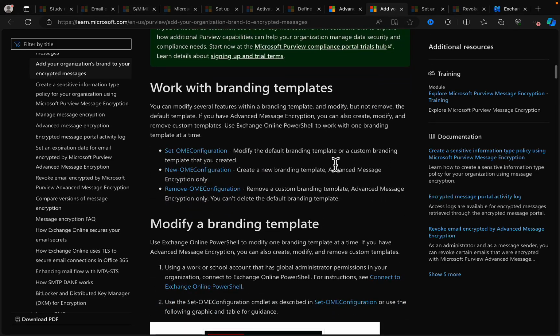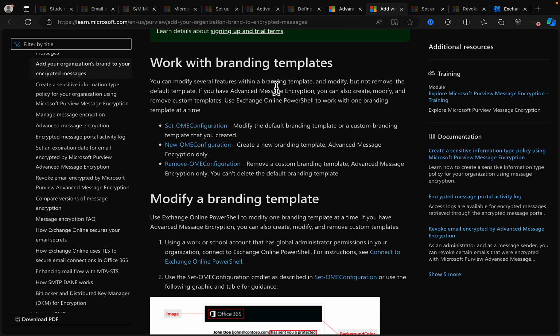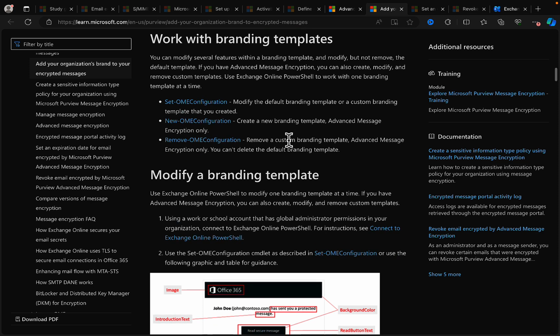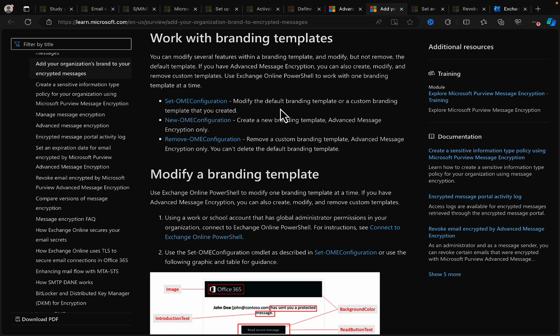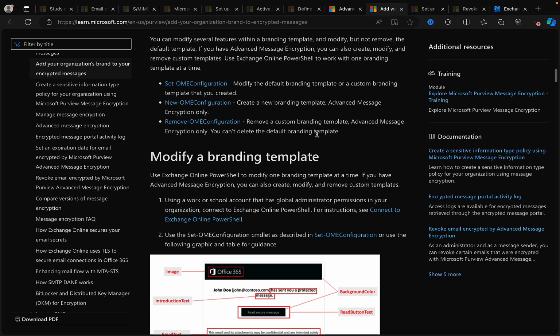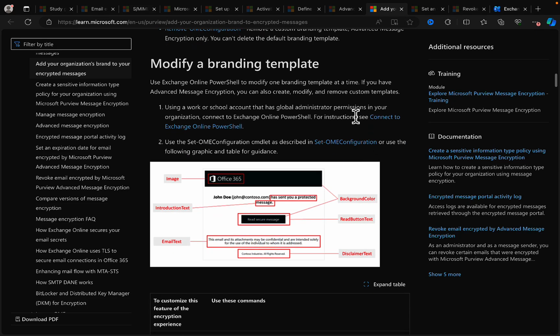Working with branded templates, how do you do that? You can modify several features within a branding template, and modify but not remove the default template. That's the one we just saw a few moments ago. But if you've got Advanced Message Encryption, you can also create, modify, and remove custom templates. Use Exchange Online PowerShell to work with one branding template at a time. So we do this by using Set-OMEConfiguration to modify the default branded template or a custom branding template you created. You can create a new branding template by using New-OMEConfiguration, or you can remove a configuration. And in modifying,